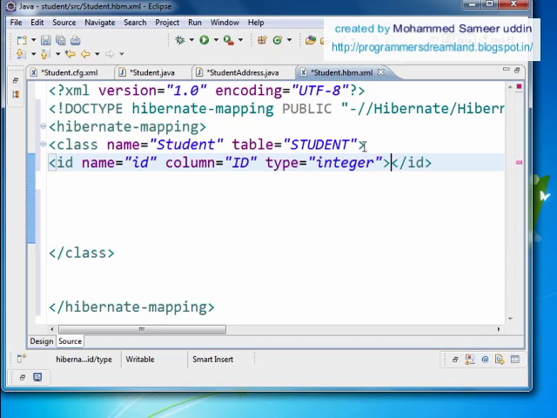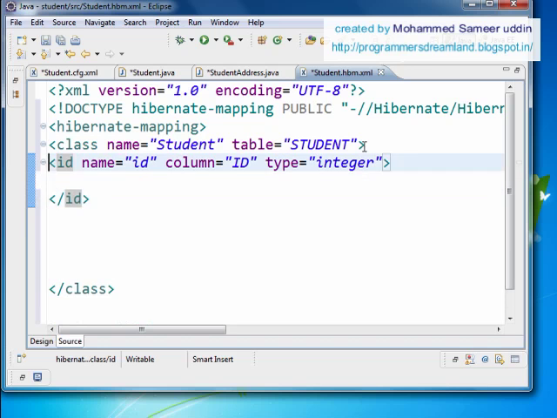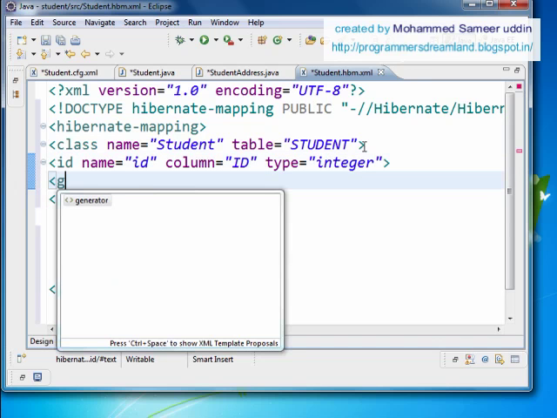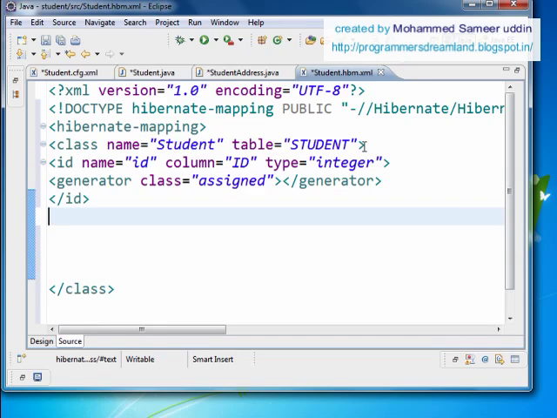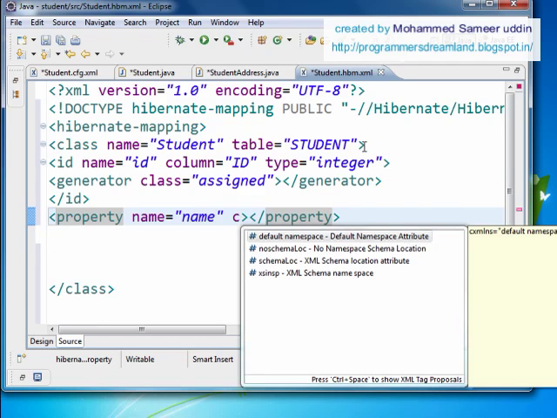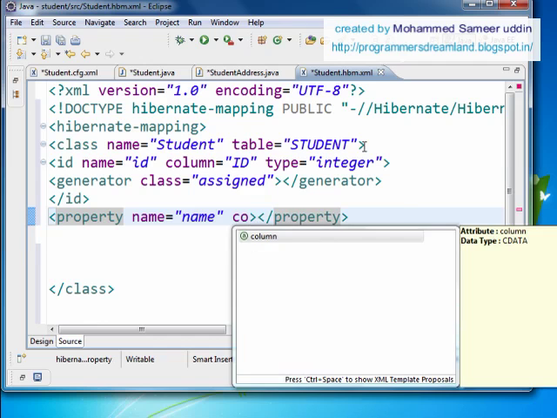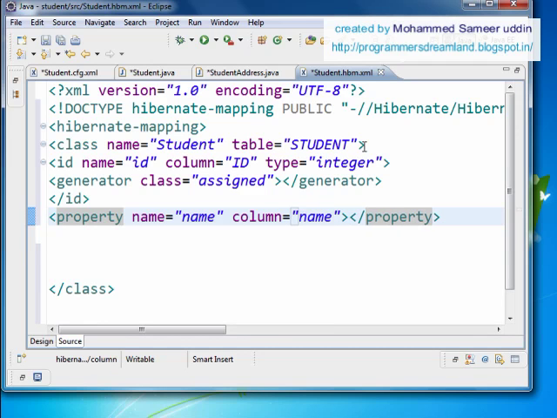Alright, and then I have my ID closed, and in that I'll have the generator class. Alright, and that's going to be assigned. Alright, and then my identifier column is complete. Then the next thing I'm going to have is property. Alright, and name is going to be name, and then I'm going to have column. Alright, column is going to be name,